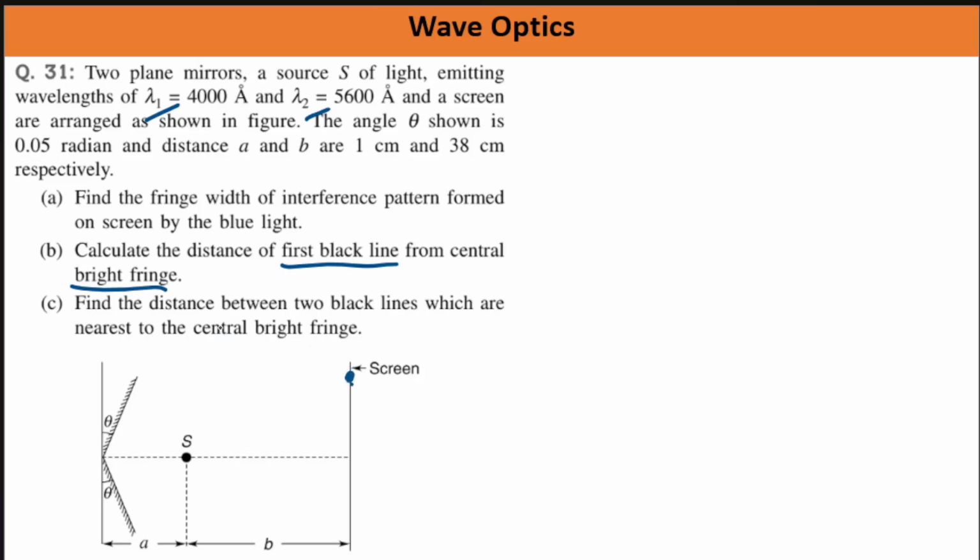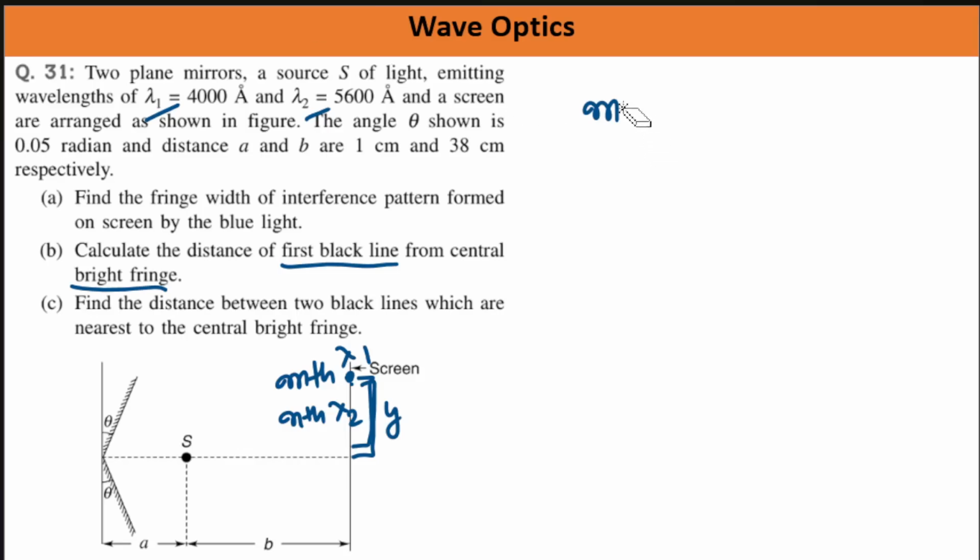We are getting minima for both wavelengths of light. And if this distance is y, then let's say this is the mth dark point or mth minima for this wavelength lambda 1 and this is nth minima for the wavelength lambda 2. Then this distance y you could have written simply like